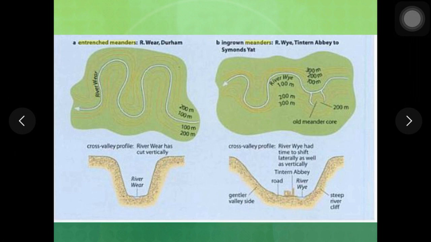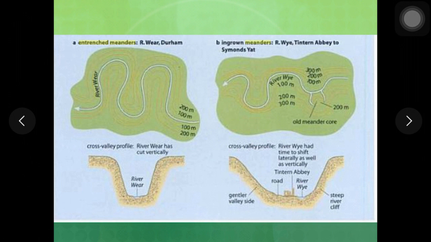So incised meanders are again of two types. It is either an entrenched meander, if you see carefully, or it is called an ingrown meander. Now what is an entrenched meander? Now when the river is